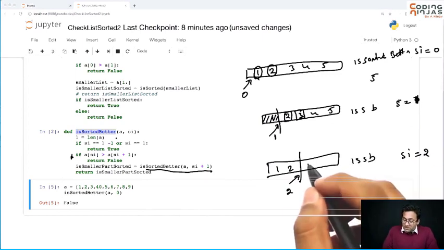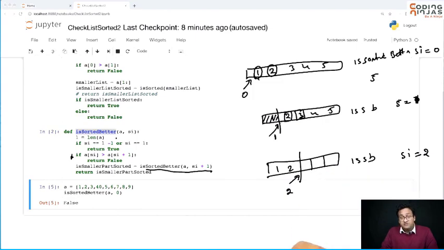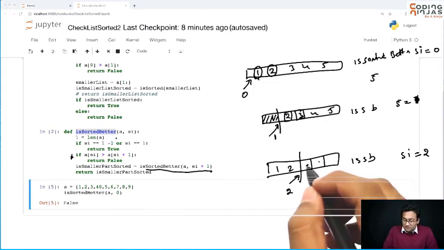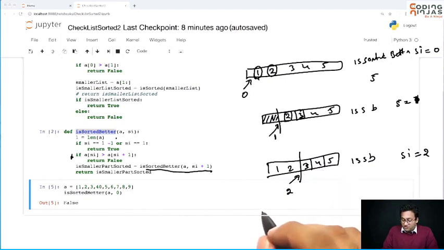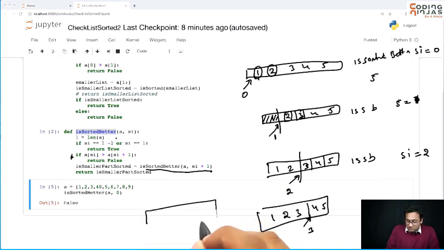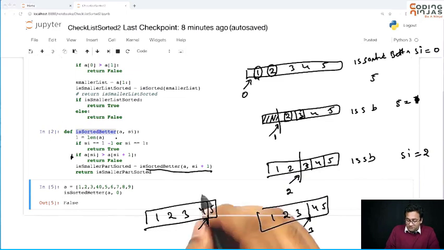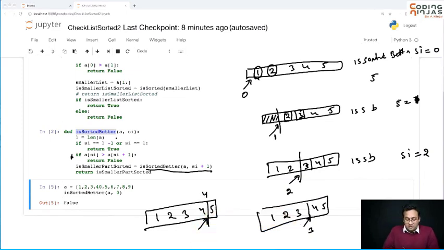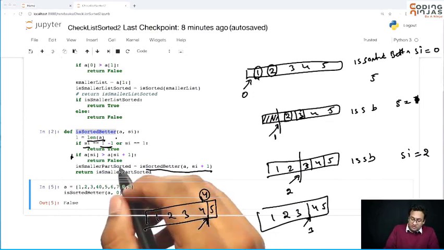So you will compare the elements at index 2 and index 3. So you compare these, which are 3, 4, 5, they are in order, so you're going to make another call. This time with this index, which is 3, you'll compare 4 and 5, you'll make another call with your index to be 4. Now as soon as you do this, length of your array is 5, start index is 4, that means start index equals 5 minus 1, so you will return true.